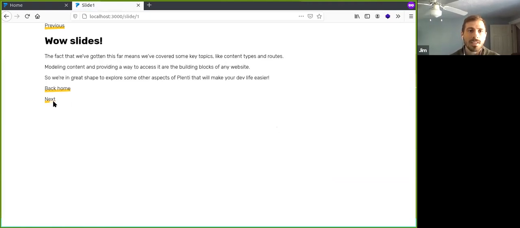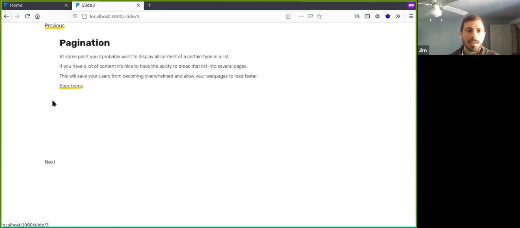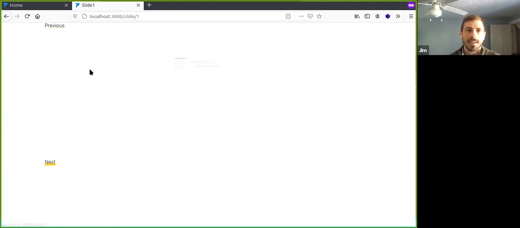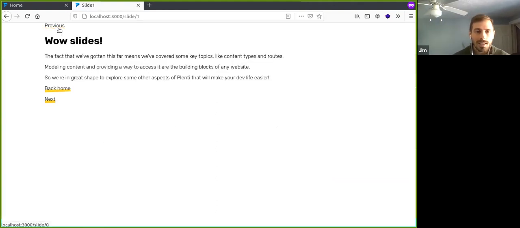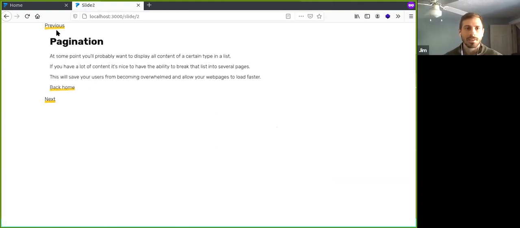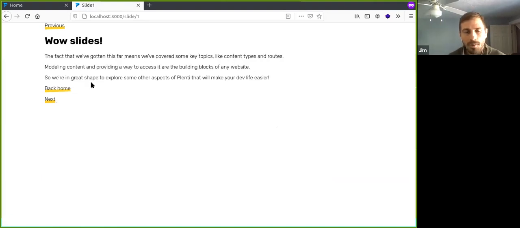Okay, so now you see this transition between slides, right? I can go next and I can go previous, and it kind of does that transition. So we're getting there. Let's add a little bit of style to this so it actually looks more like a slideshow. We're getting close, but we're not quite all the way there. A couple of things I want to do.